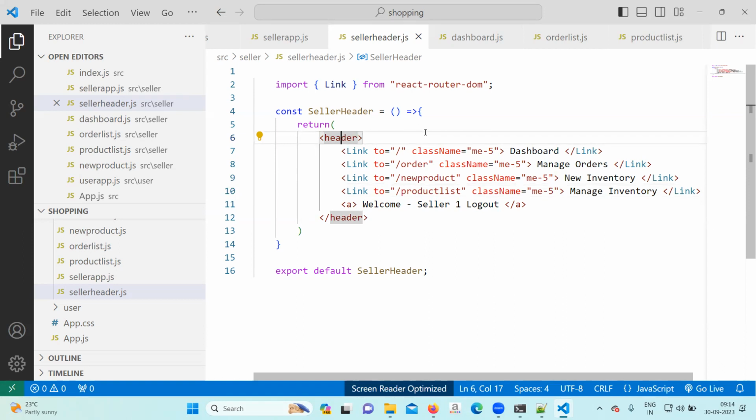We have not linked the seller header as of now. You just created the seller header.